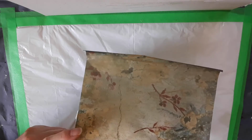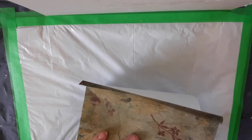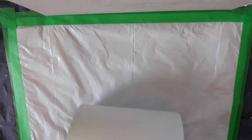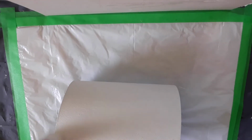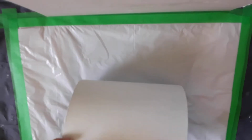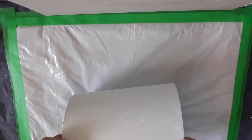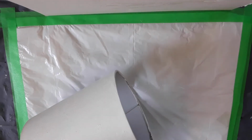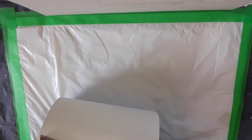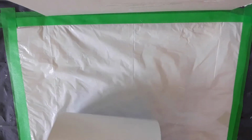Now because the lamp is shaped this way, it makes it a little more difficult to line it up with our straight up and down line here. So we're going to go with lining it up at the top. Okay. Now we didn't line up perfectly here, but that's okay because we're going to come in with this Stabilo pencil